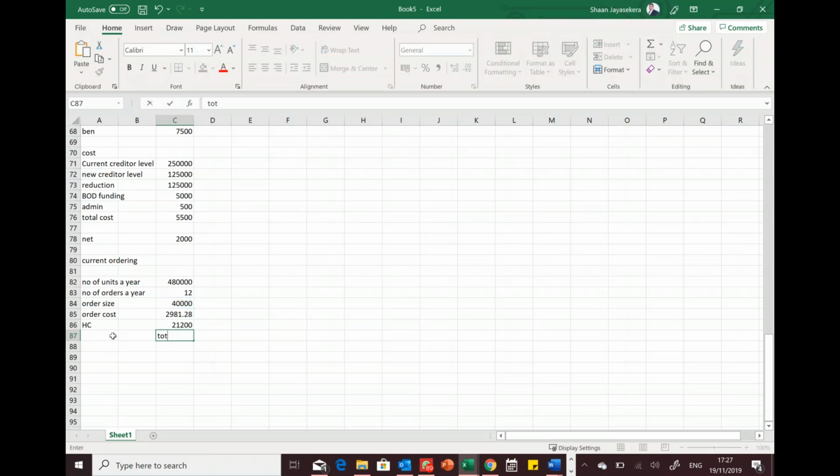So total cost. So the total will be now the holding cost plus the ordering cost. That's my total cost. So can I beat this through the EOQ? Let's see. So I know the EOQ formula: square root of 2 into D into CO divided by CH. So what's my economic order size? 2 into what is my demand? Well, my demand is so many units a year